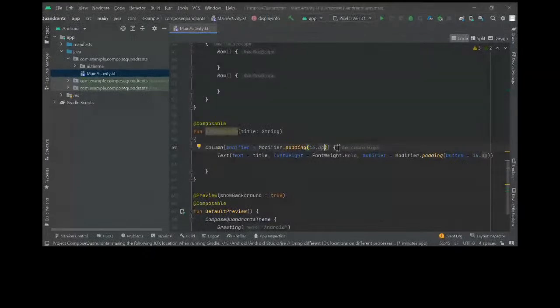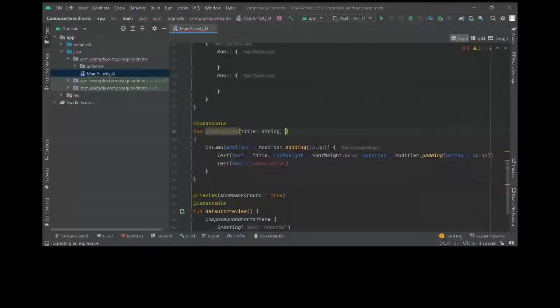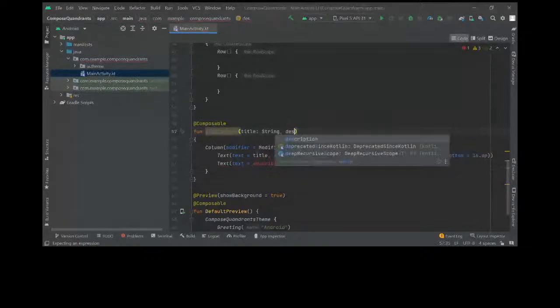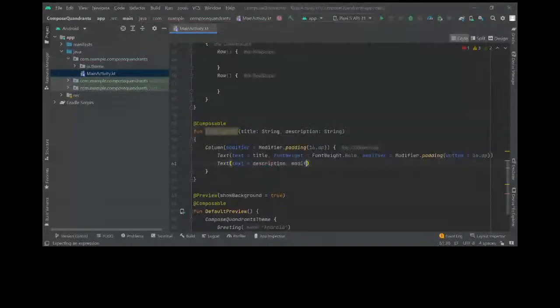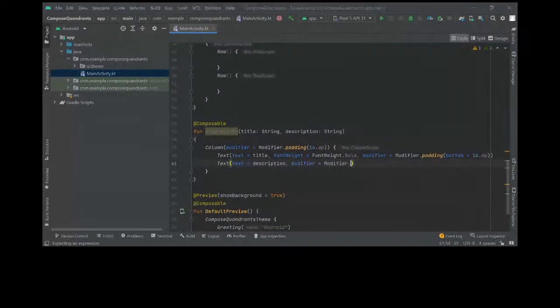Now, what else can we do with this? Our first text has been written properly. Our second, okay, apart from this, we need another text input. So we'll do that as well. So we need another text input. This text will be our description, let us say, and we will take in description also a string value, and we will say modifier is equal to modifier dot